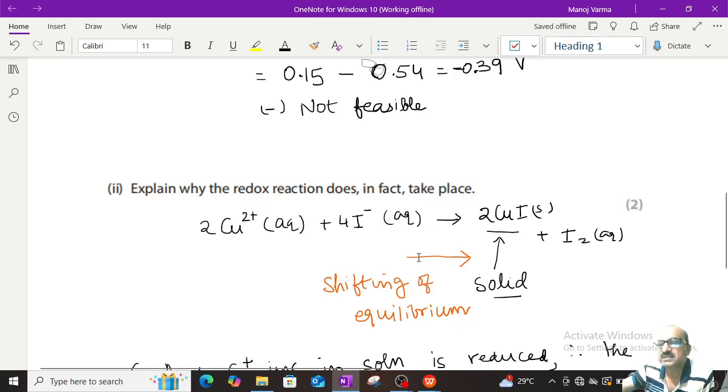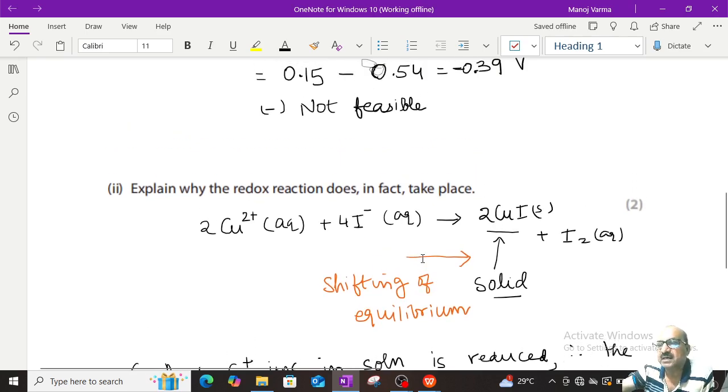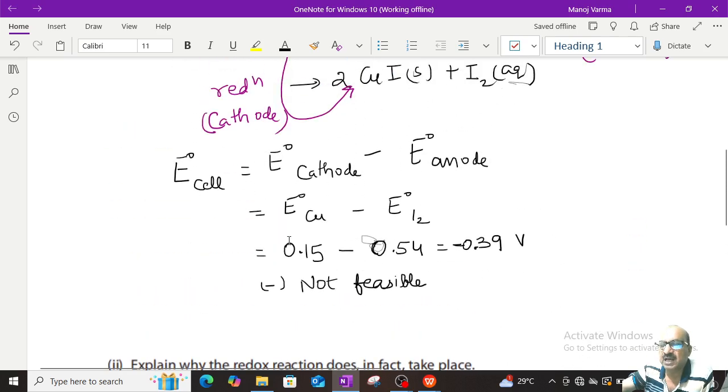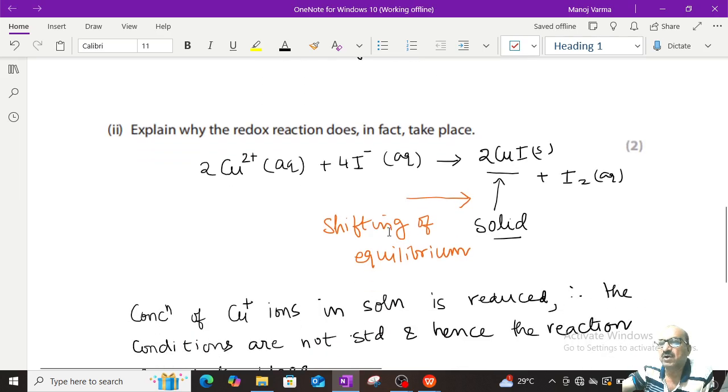So now that's the confusion. Why does it really take place? For that, you must understand that probably the standard conditions are not being fulfilled, because this value is for standard conditions. So why are the standard conditions not fulfilled? Because if you look at this reaction once again, you will find that the copper 1 iodide, which is formed over here, is a solid,